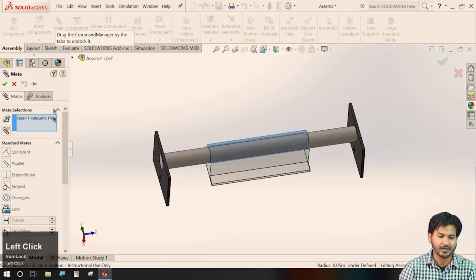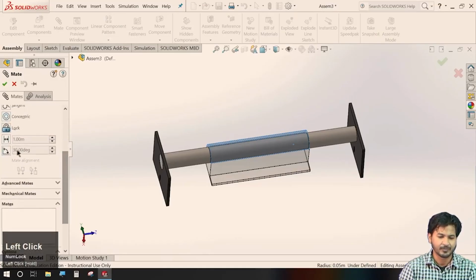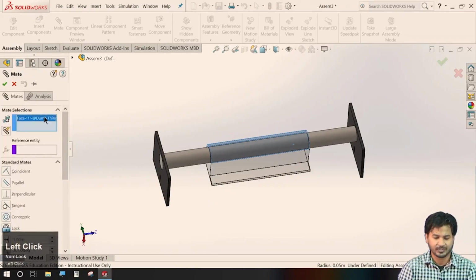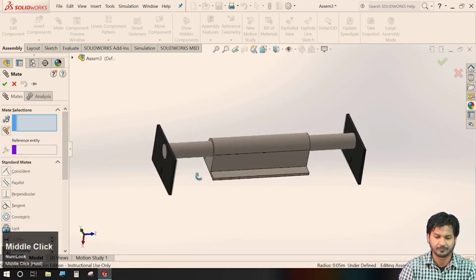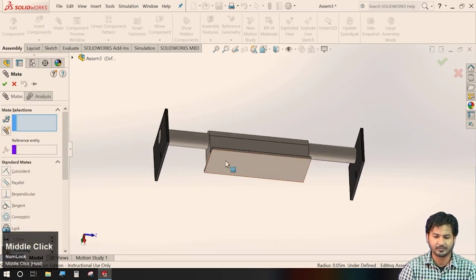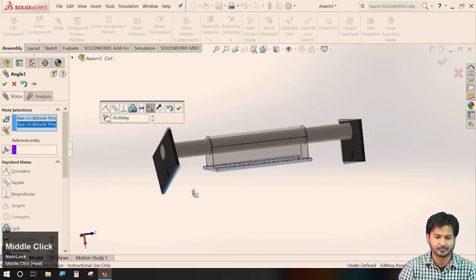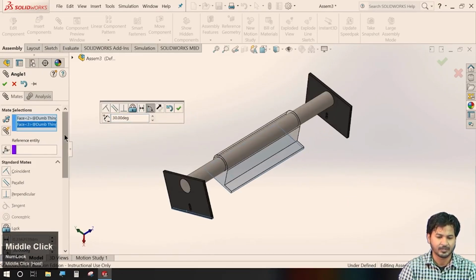Similarly, we have angle limit as well. To set angle limits, we have to again select two reference planes. This is angle. We will select, say, this plane and this plane. I am setting a value